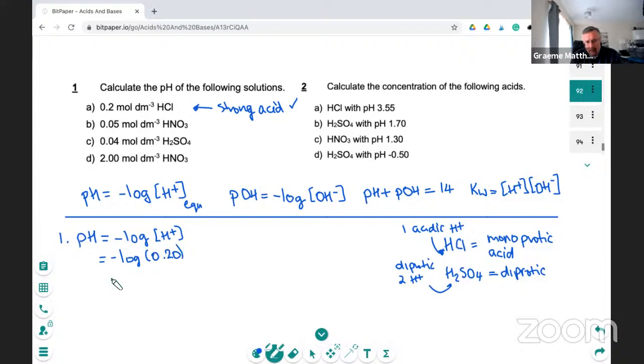Okay, so this is going to be, hold on, let me do this live now, minus the log of, what is it, 0.2? 0.2 means that my pH is 0.698. So I need to round this up to 2 decimal places, right? pH is always reported to 2 decimal places. So if I round this up, this should be 0.70, right? And the reason why I can say this is because